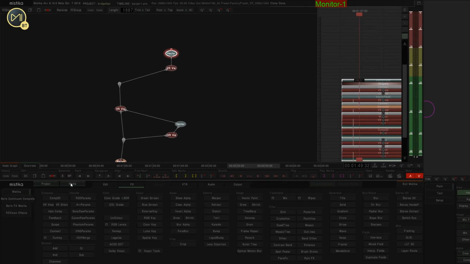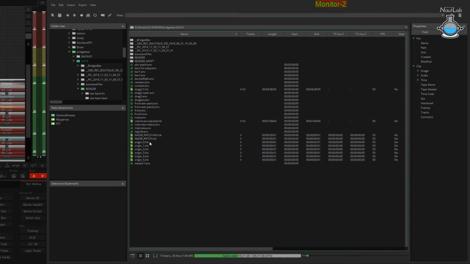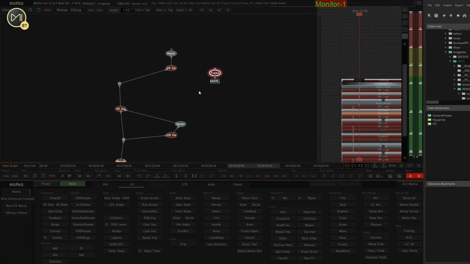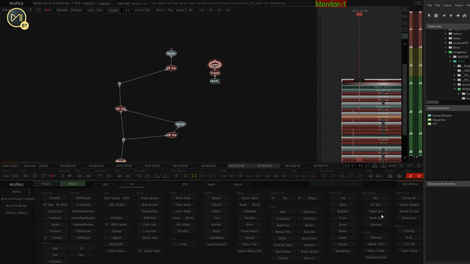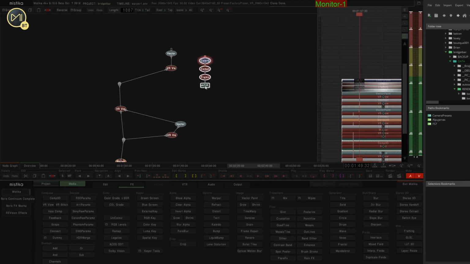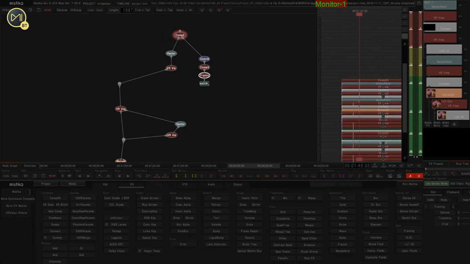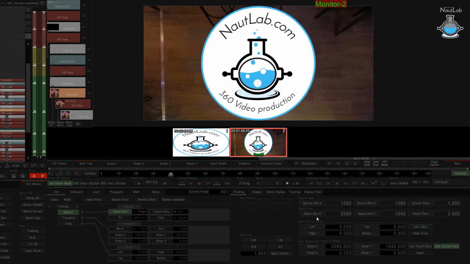Now we want our logo in over the top, so I'll grab my logo, drag that in. This one wants to have a framing node. We might as well just throw a Comp 3D in there in case we need it, and we may as well just throw in a color grade in case we need it, and then it's all done. And then on top of the vector, we're going to add a Comp 3D, and we're going to push those two together, come to here, on our framing node, set that to project, and